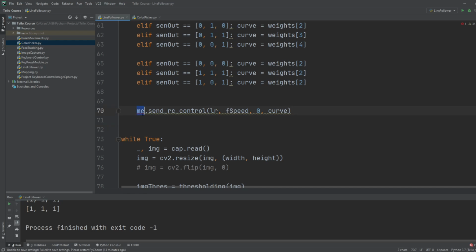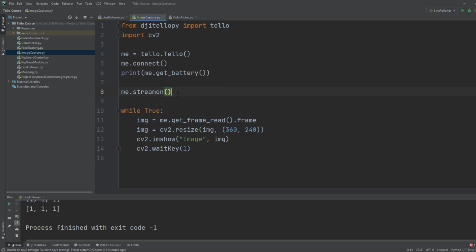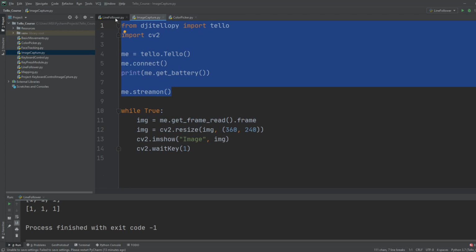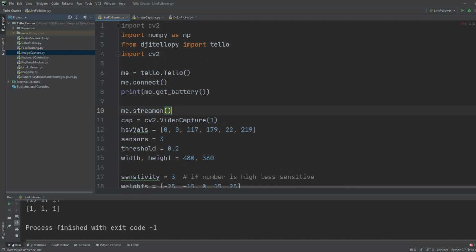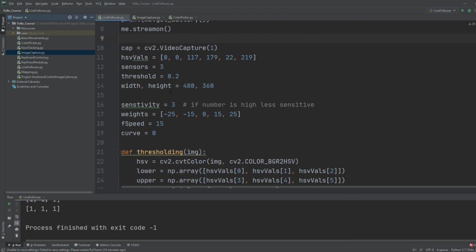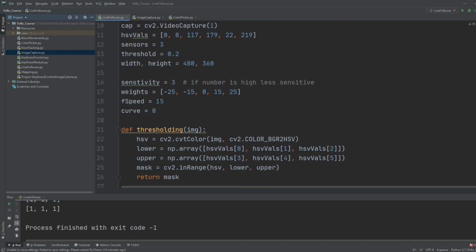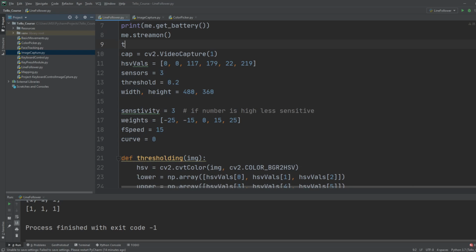So the last thing, we have to add all the things for our drone. So we will go to the image capture, and in the image capture we will copy all of this code from the top and we will paste it here. We are repeating import cv2, so we will remove that. And then, did we repeat anything else? Doesn't seem so. And we also need to take off. So let's take it off over here. So me dot takeoff,